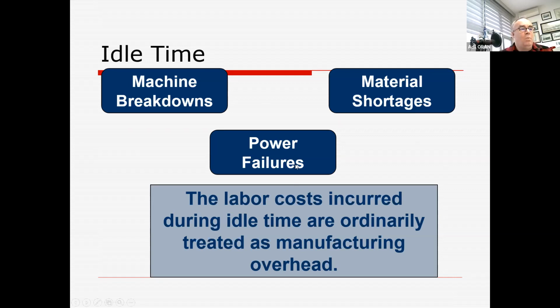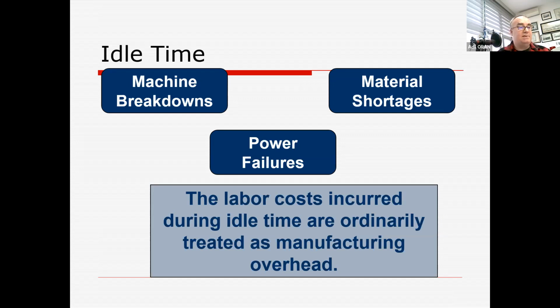So these types of events, what do you do with the costs of the employees that are hanging around not working on production? So typically the labor costs incurred during idle time are treated as a type of manufacturing overhead. And even though it's direct labor, right, you don't assign it to any of the product because nothing is being produced. So you accumulate that into manufacturing overhead, and then you are somehow going to assign them to the different products produced during the rest of the year. Why? Well, it's assumed that a certain amount of breakdowns, power failures, materials shortages are part of business life. And so those costs should be spread out